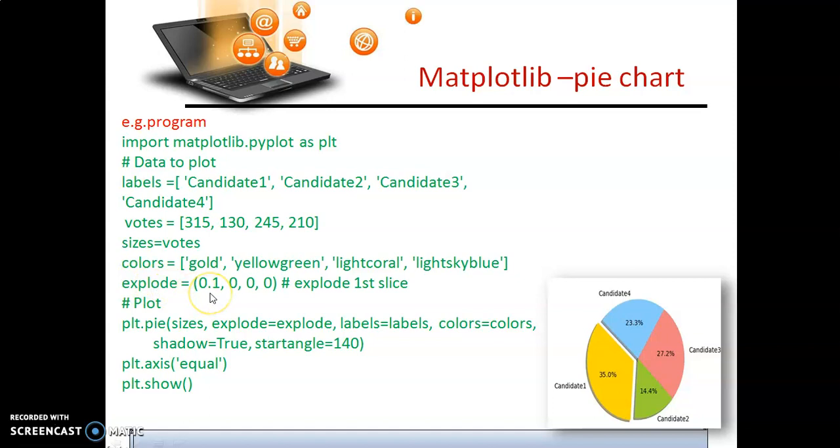So let me explain again. Explode means to get a slice somewhat out of the pie chart, as this golden slice is outwards. Now let us plot a pie chart. For a pie chart we have dot pie, as for histogram we have hist, and for bar graph we have bar. Here for pie chart, the first three letters, pie. Now the first one is sizes. What is sizes? Votes, the list I have made for the votes, so that the candidates are getting